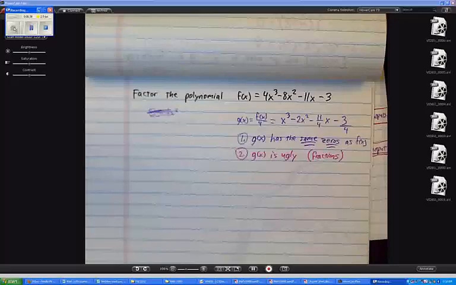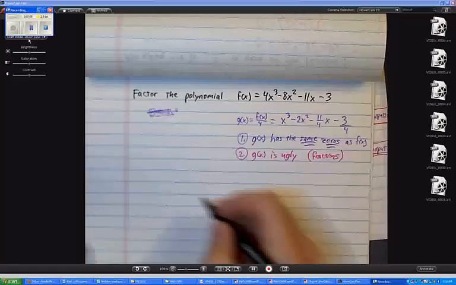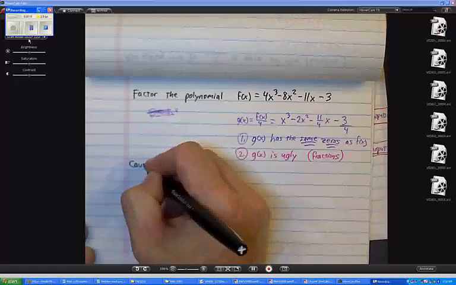I don't really want to divide, but I want to think about dividing by what? 4. Because remember, that was what kind of gives us the problem, the leading coefficient. All right? Now, if you follow this rule, you can get a bound on where the zeros might be. So let me show you what Cauchy's theorem says. Okay? So Cauchy's bound,